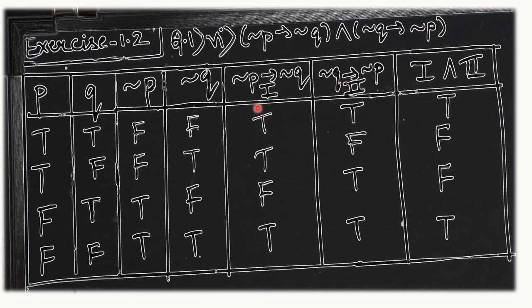So negation of Q implies negation of P. Here we have to check the other way around. In one case T is going to F, that is the second case. Rest of the cases the pattern is true. Now the final is 1 and 2. 1 means the first bracket and 2 means the second bracket. So 1 and 2 will be T and T is T, T and F is F, F and T is F, and T and T is T. So only in two cases both are true, the conjunction is true, and in the rest two cases the conjunction is false. So here also we have derived the truth table of the following statement pattern. Now let's see one more example.